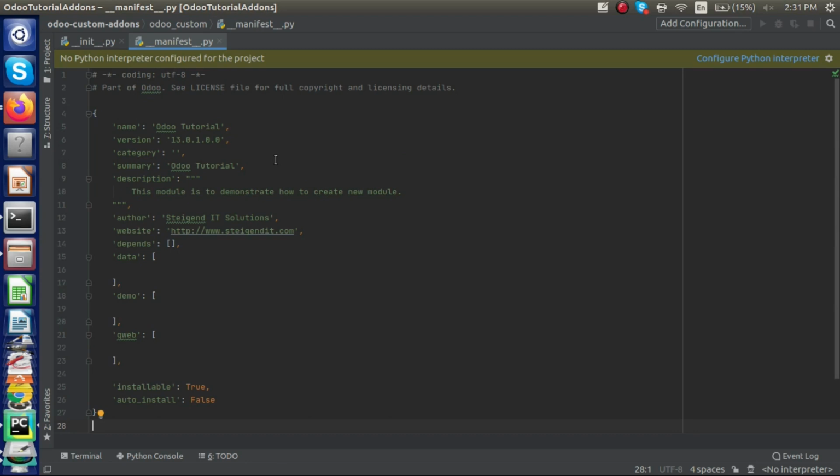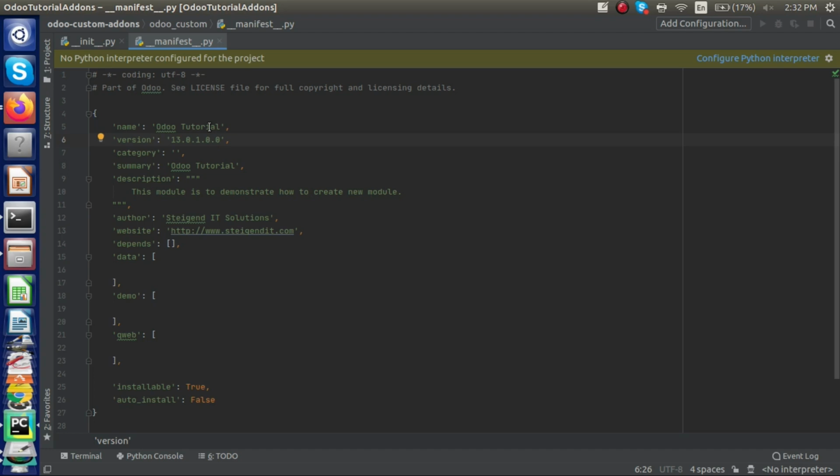First of all, what is name? This is the non-technical name of a module. Just changing this name doesn't affect anything in our module. For our purpose I am setting the name as Odoo tutorial, and this is the version.